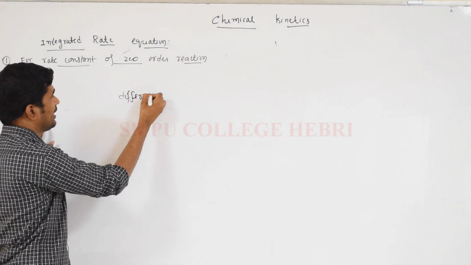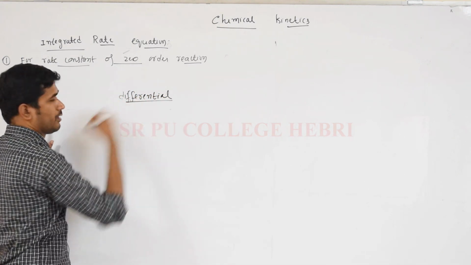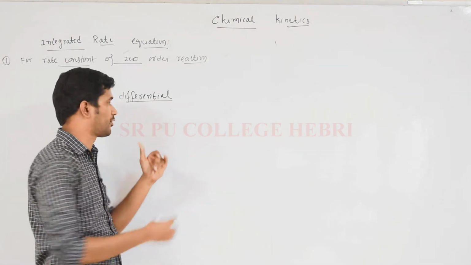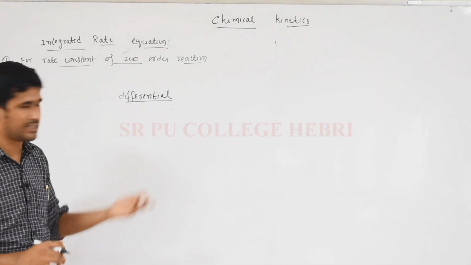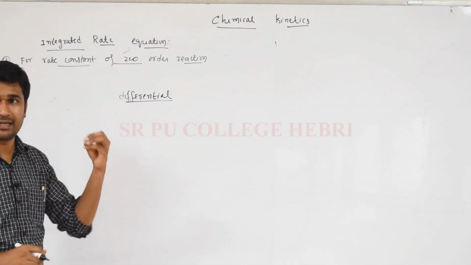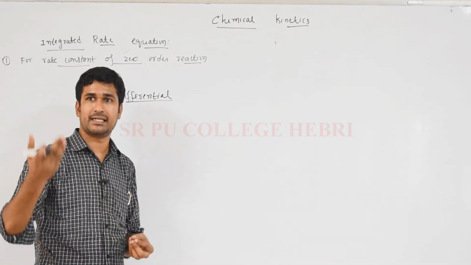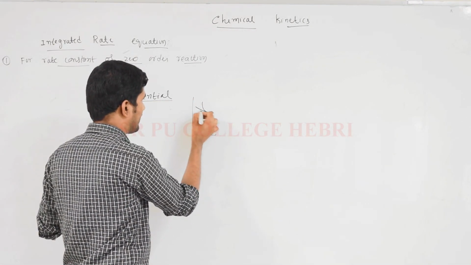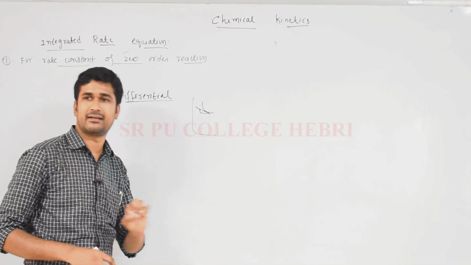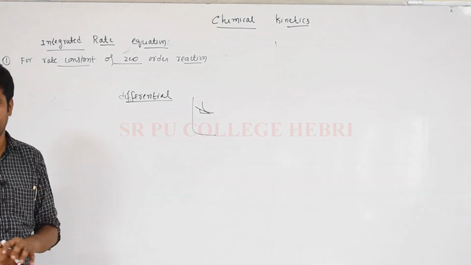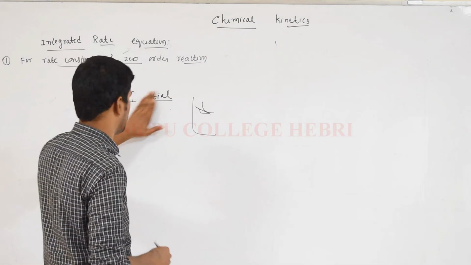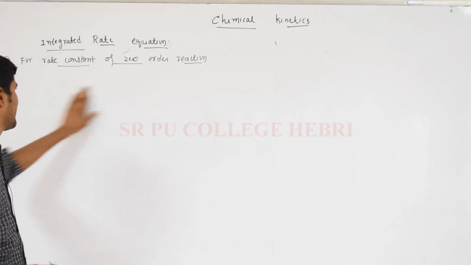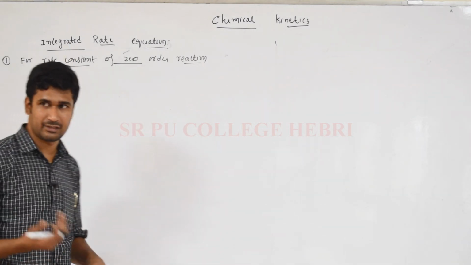In that case, instantaneous rate is calculated as a tangent drawn over the curve of concentration versus time. It's not the most convenient method because graphical methods lead to many confusions and even many errors. The slope of that tangent will not give you the correct instantaneous rate of a reaction. So in order to calculate the instantaneous rate as well as the accurate rate of a chemical reaction, we are going for integration.